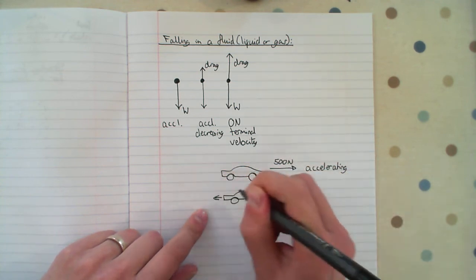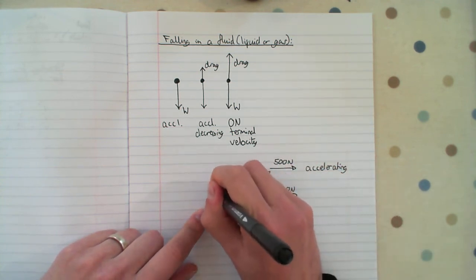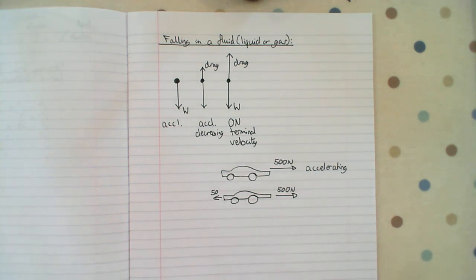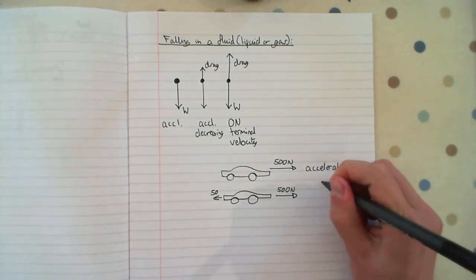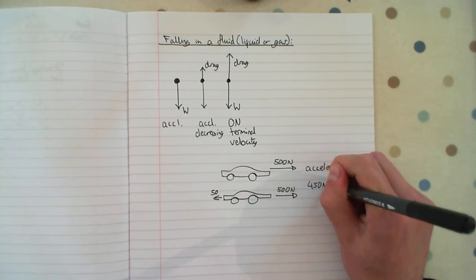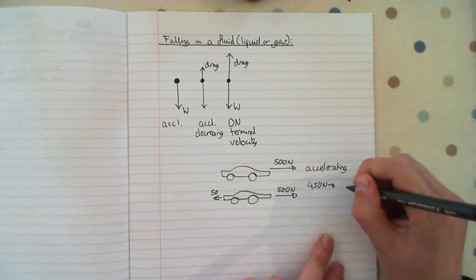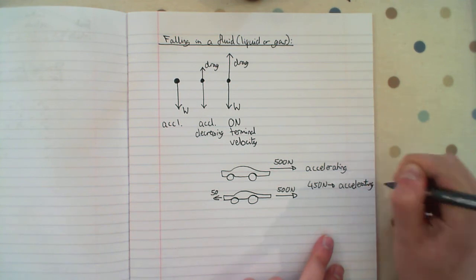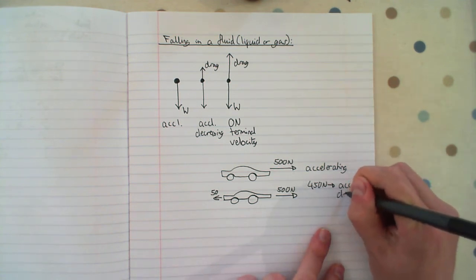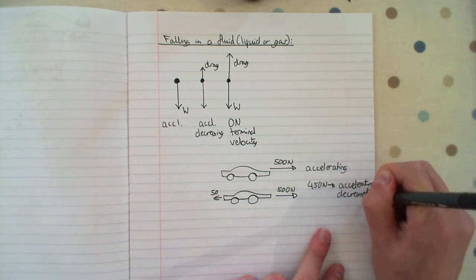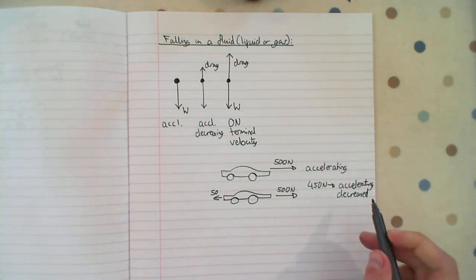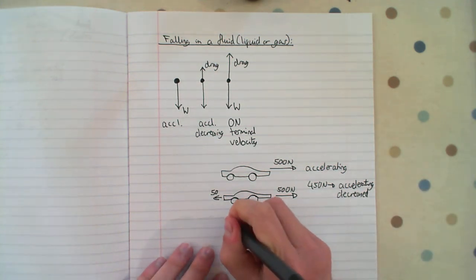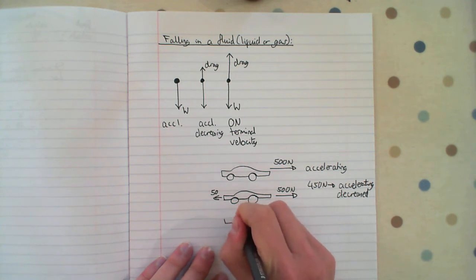So we start off with a little bit of drag, let's say 50 newtons. 500 take away 50 equals 450 newtons forwards. It's still accelerating, but the acceleration has decreased. And eventually, as it's accelerating faster and faster and faster, eventually what will happen